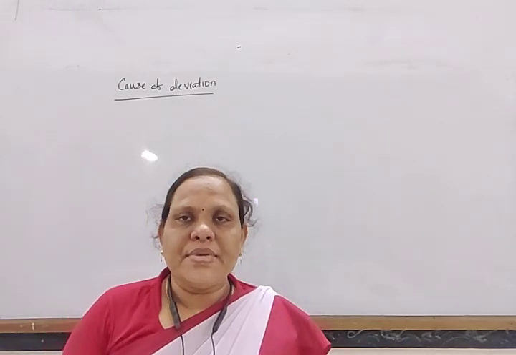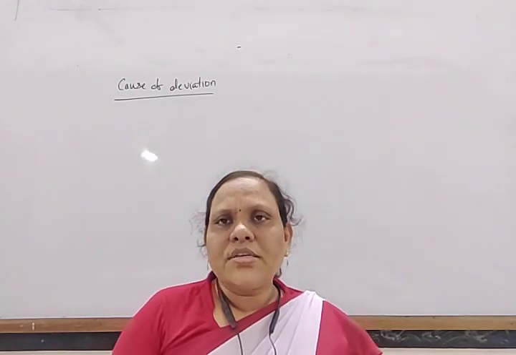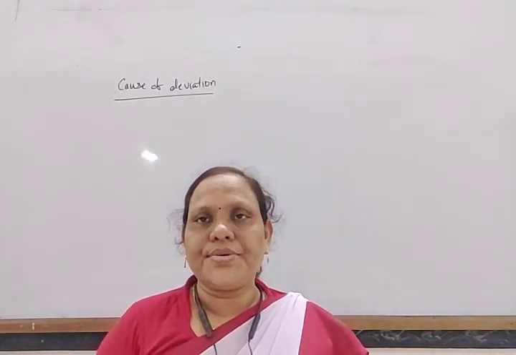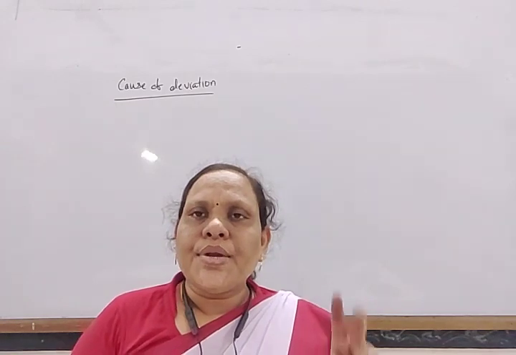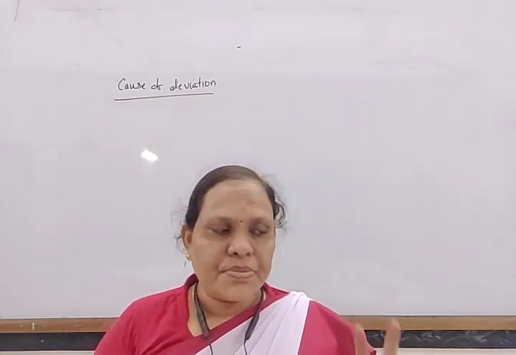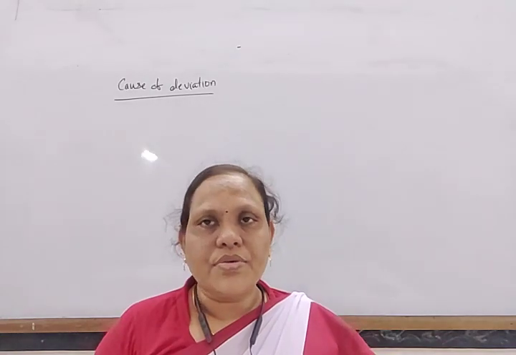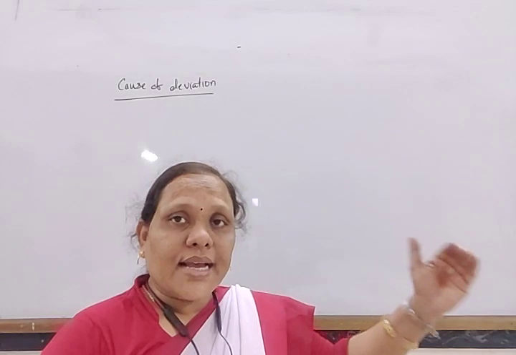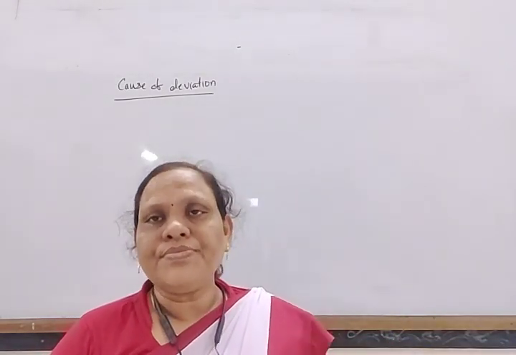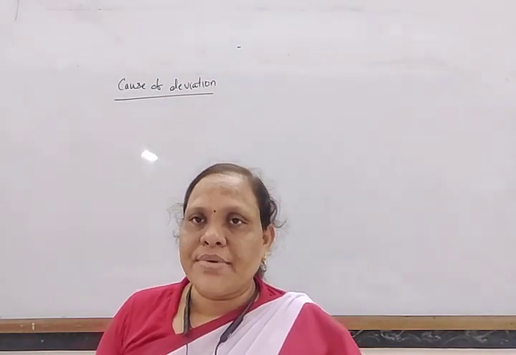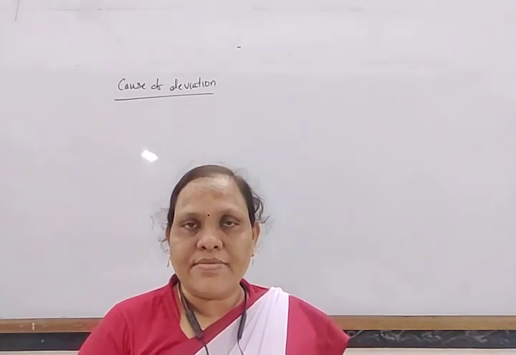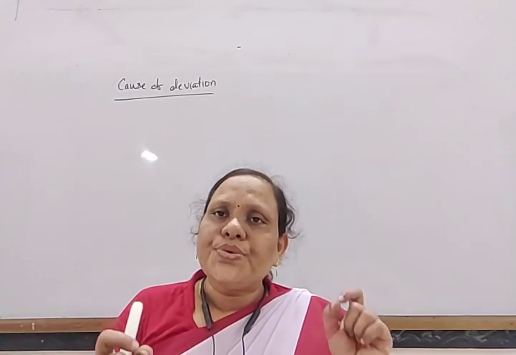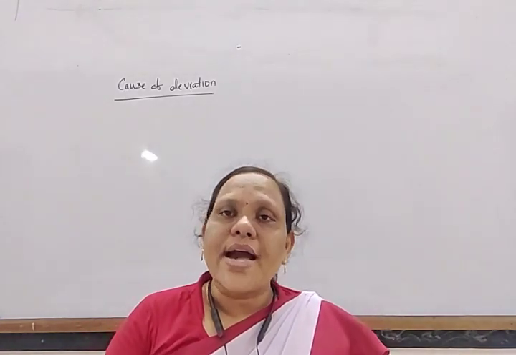So what is the cause of deviation? To study the cause of deviation, if we study carefully the postulates of kinetic theory, it is found that two postulates among them are faulty. Due to these two faulty assumptions, gases actually look like they show ideal behavior, but they have different behavior. The real gases deviate from ideal behavior. So why do the real gases deviate from ideal behavior? That is due to the two faulty assumptions of kinetic theory.